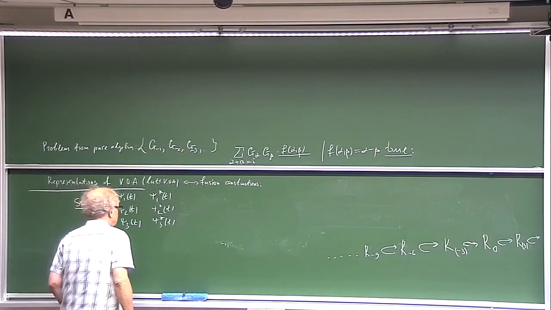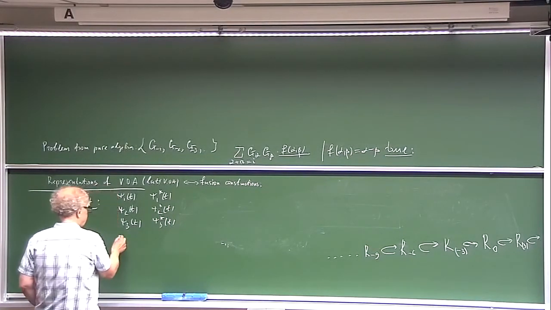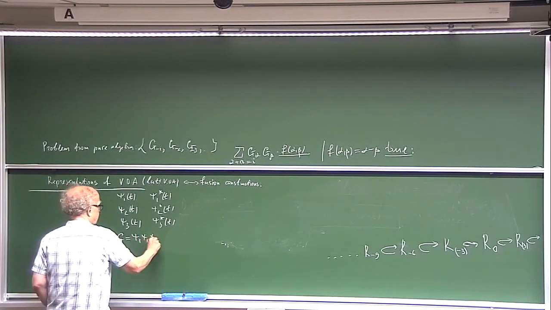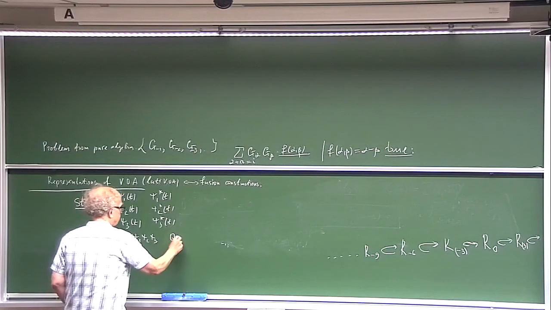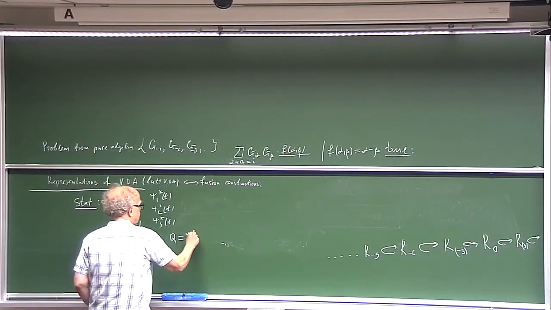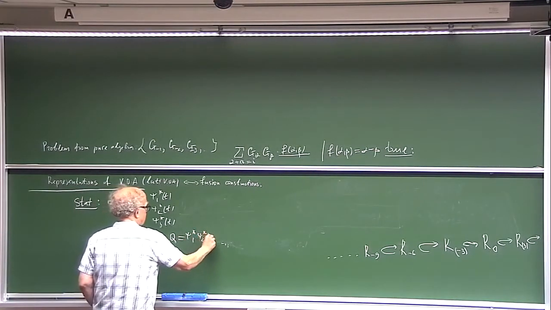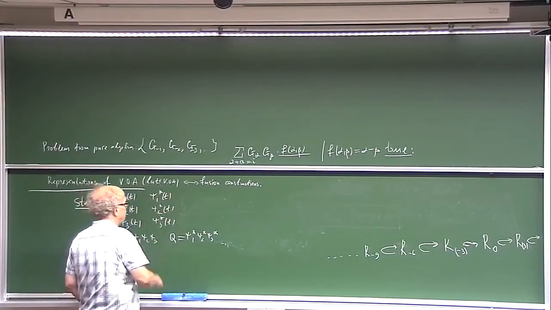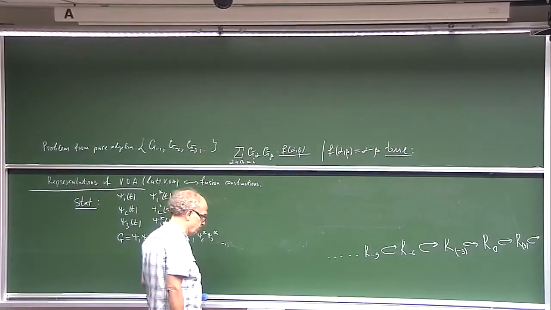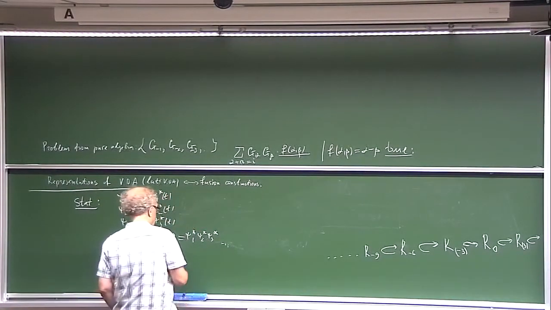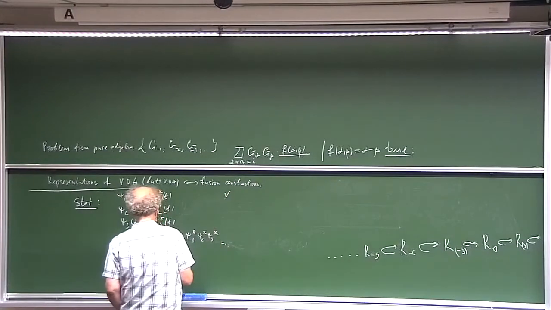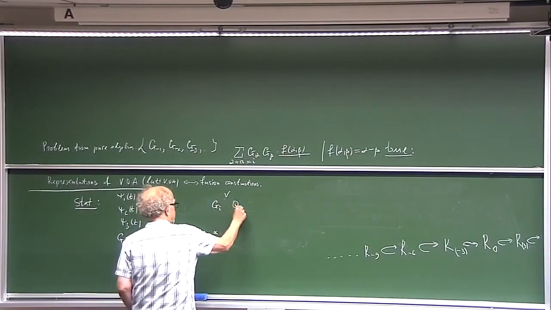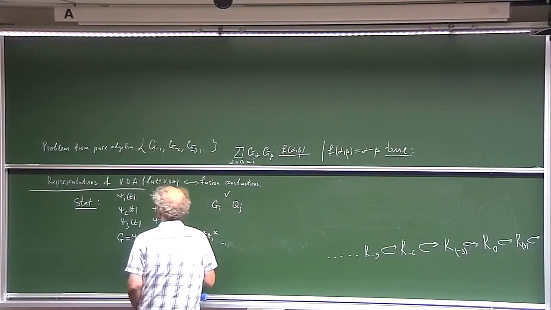Yes, and I have generators G, which are psi 1, psi 2, psi 3, and I have generators Q, which are psi 1 star, psi 2 star, and psi 3 star. In the corresponding space, a representation of a Clifford algebra, I can choose the appropriate highest weight vector and act on this vector by G_i and Q_j. And my statement says